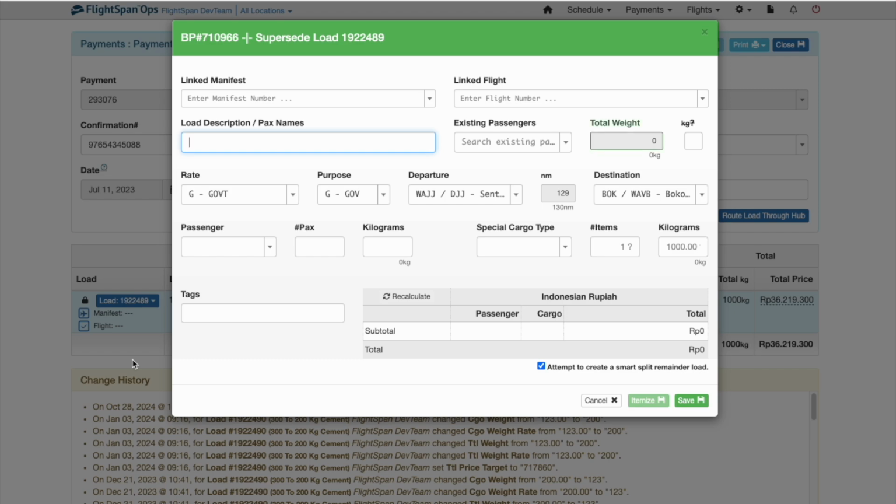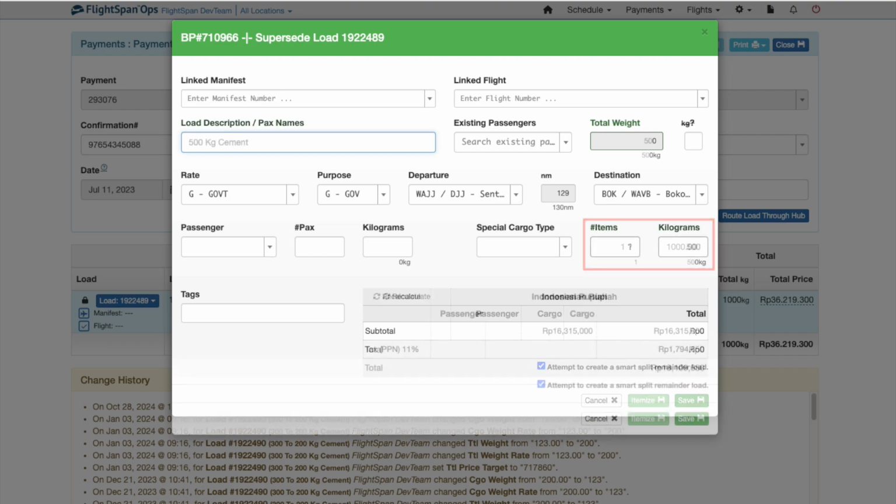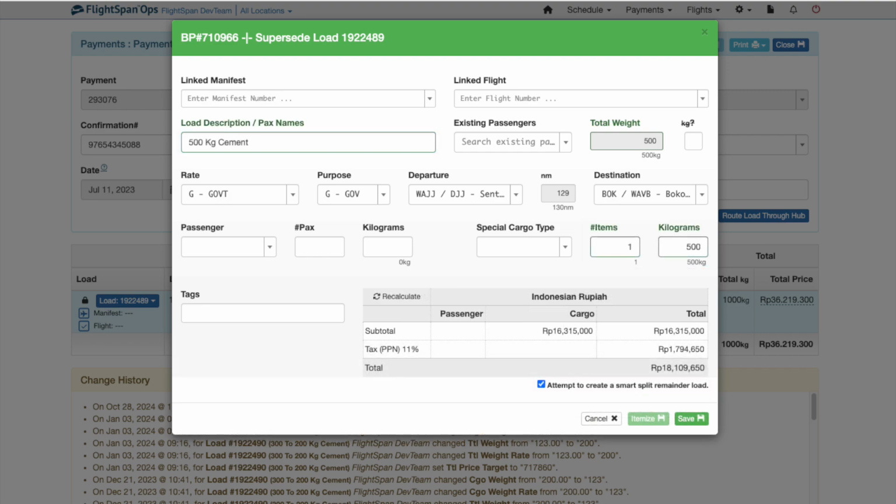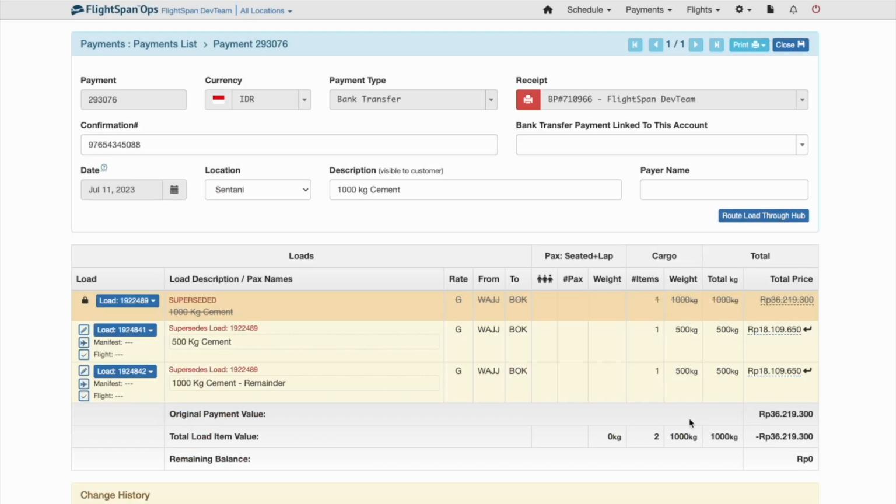The full amounts of the original load will be listed in light gray with a question mark. Fill in the actual amount to be carried. If the attempt to create a Smart Split Remainder Load box is checked, FlightSpan will attempt to calculate the remaining cargo. The original load will be superseded by the new load, and if the Smart Split was successful, the remaining